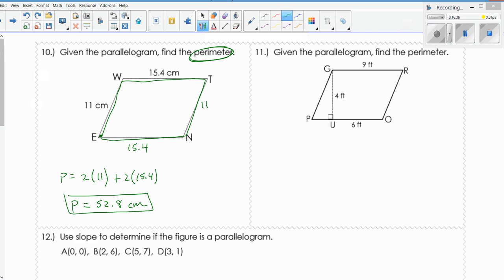Okay. The next figure, I'm told again that this is a parallelogram, which means all those properties apply. Find the perimeter. Okay, so I need to find the distance around my figure. So you can see that I need to find the length of segment GP, RO, and those two, because I know that the top and bottom are 9. But by knowing that the top is 9 and the bottom, this portion, I'm telling you that this right here is 6. So if I know that's 6, then this has to be 3,